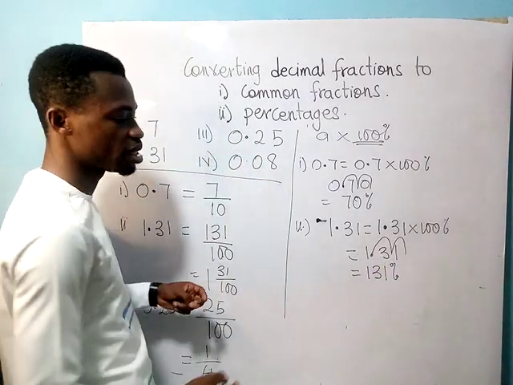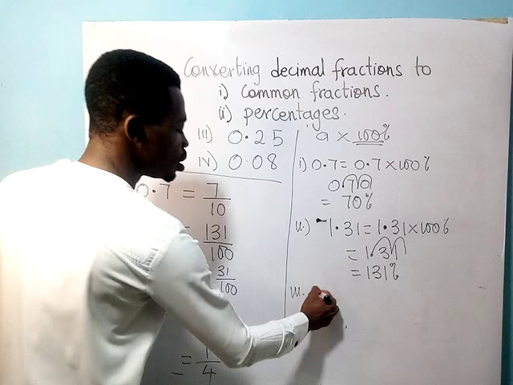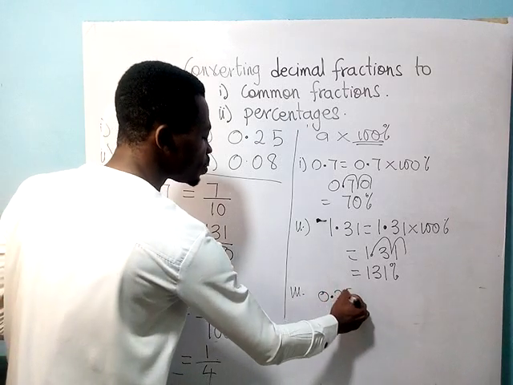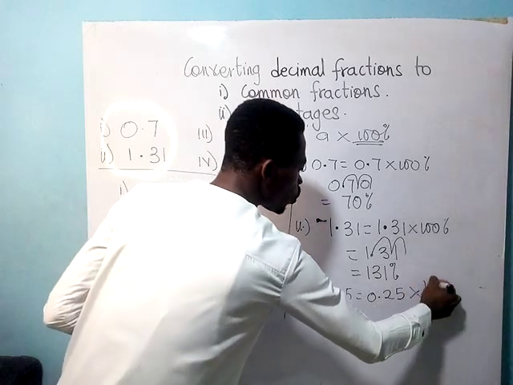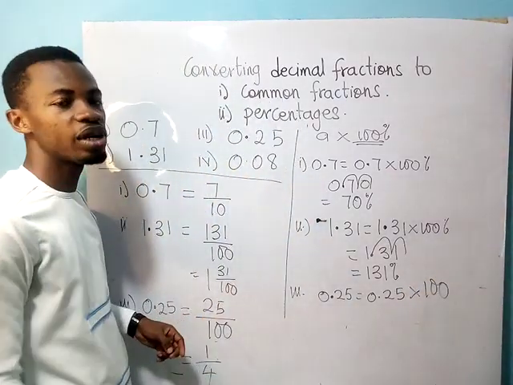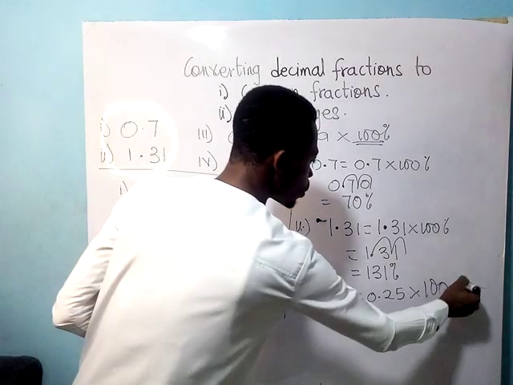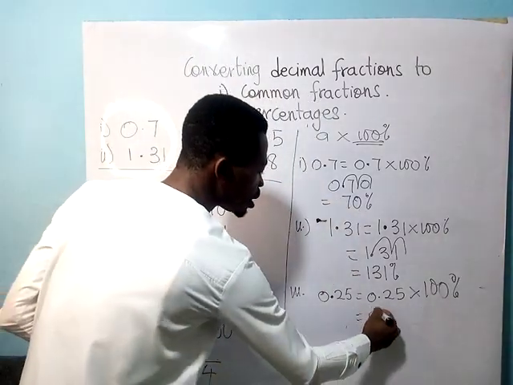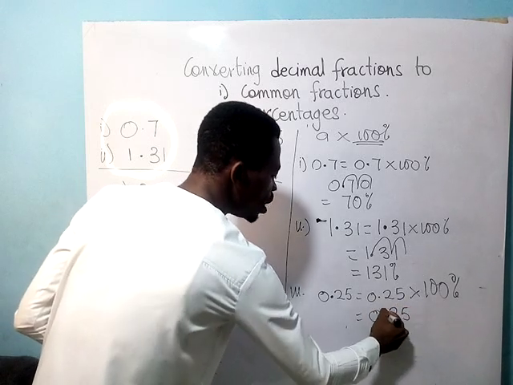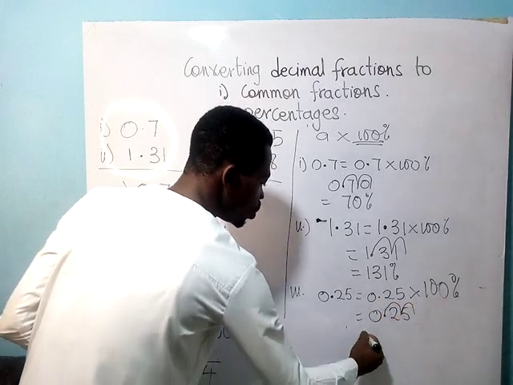Let's take the third question. 0.25, giving us 0.25 times 100%. Well, now we move the decimal point twice. So we are going to have 0.25, 1, 2, giving us